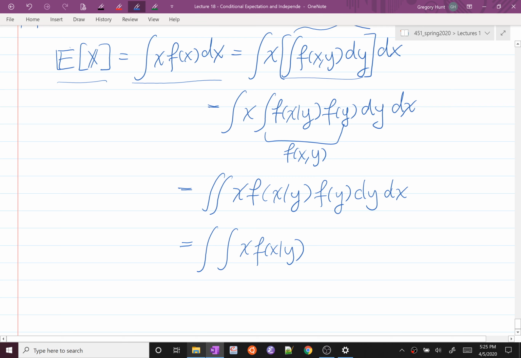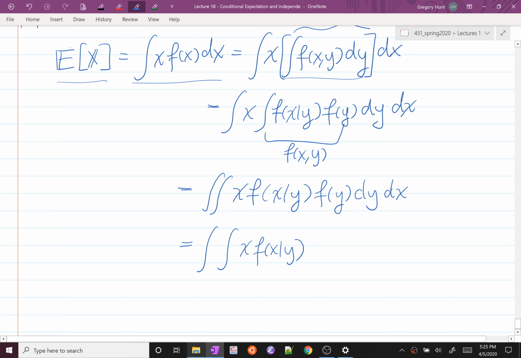So let's do the x integral first, and then I can say f of y dy. This thing here is precisely